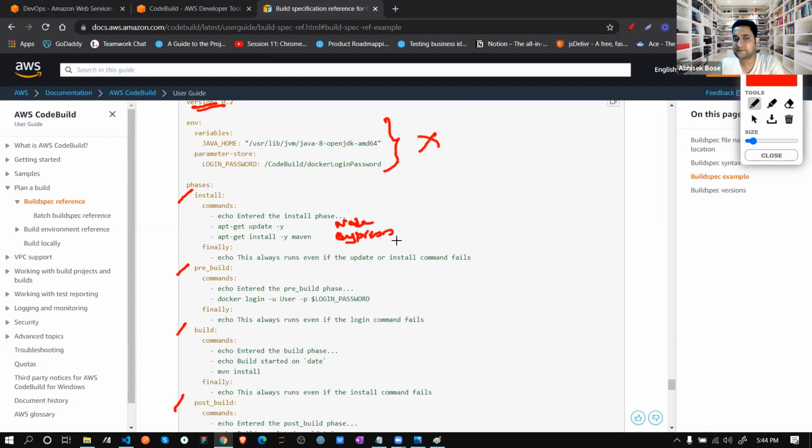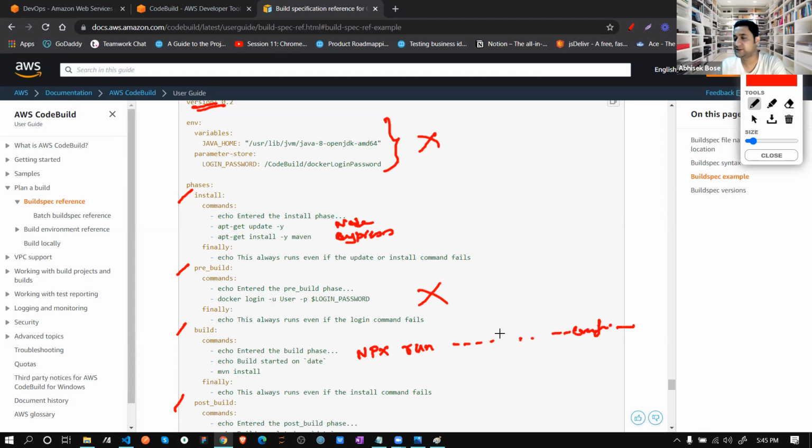Now in pre-build, if anything is there, it's okay, otherwise no need to do anything. Now directly you can run npx run, then your specification file with the config.